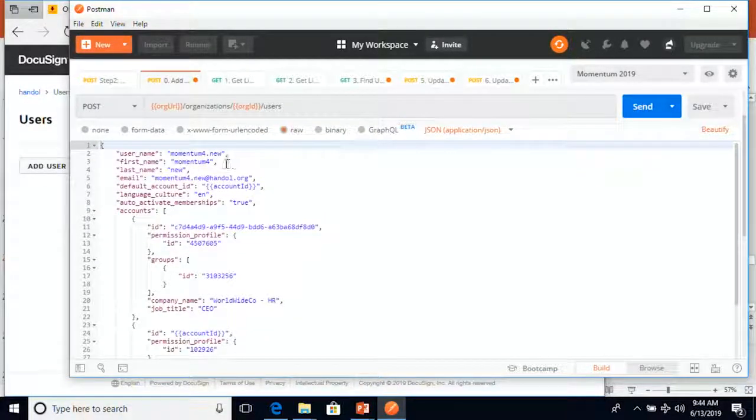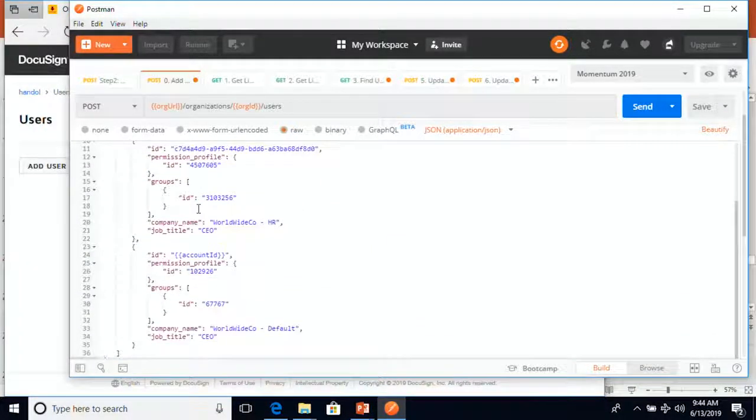First name, last name. This is their email. Okay, I specify the default account ID. Okay, and I'm going to add them to 2 accounts simultaneously. So within the accounts element, I have 2 accounts. So Worldwide Co. HR, just a company name and a default. Okay, so I'm going to go ahead and send.